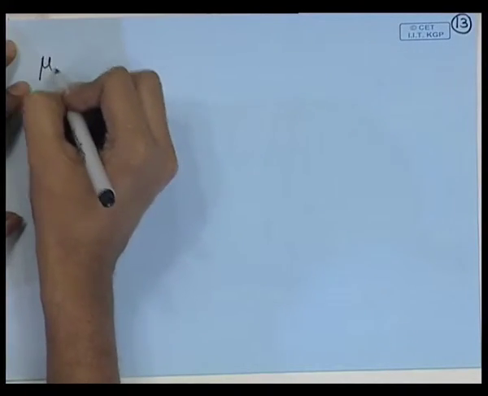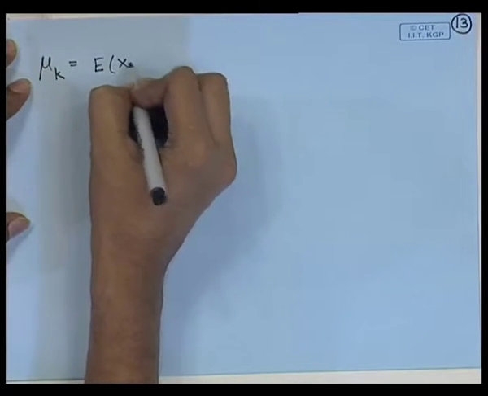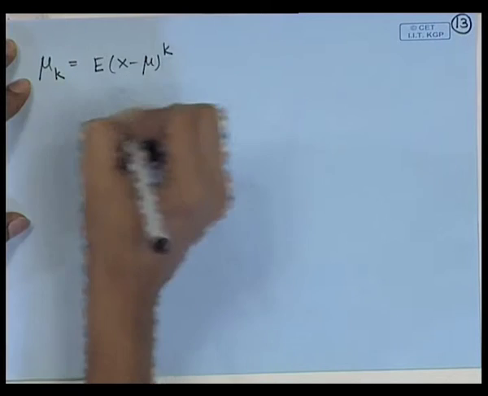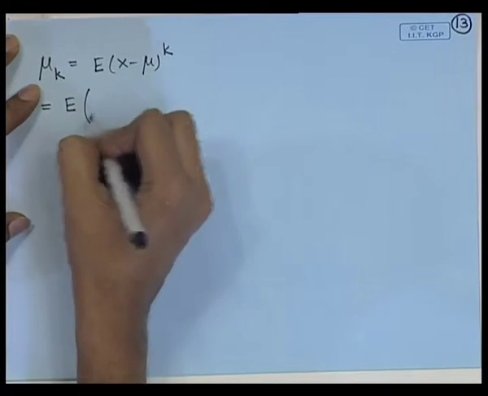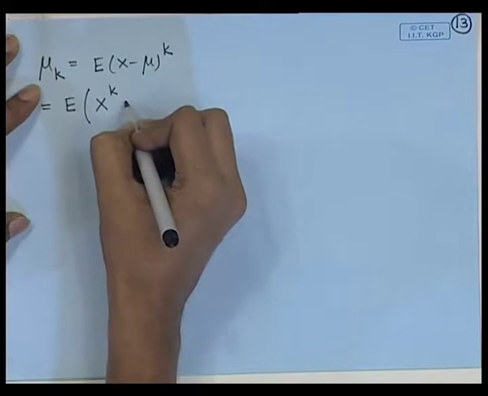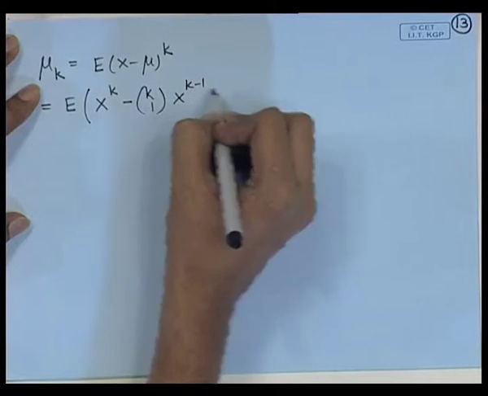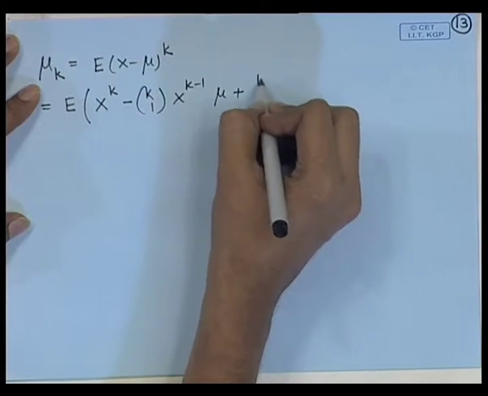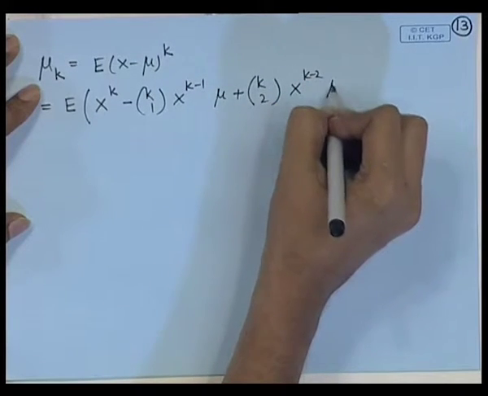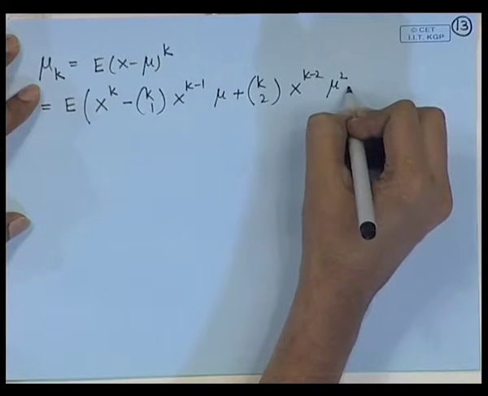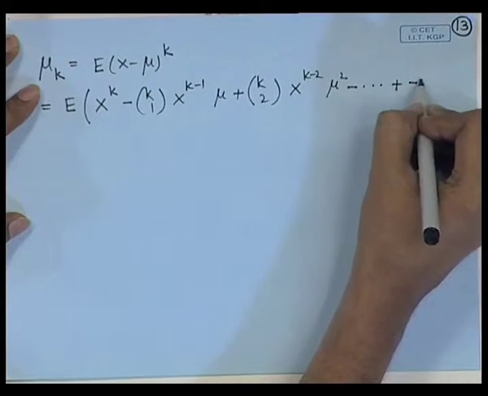So, if we consider mu k is equal to expectation of (x minus mu) to the power k, then using the binomial expansion, this becomes x to the power k minus k c 1 x to the power k minus 1 mu plus k c 2 x to the power k minus 2 mu square minus, and so on, plus minus 1 to the power